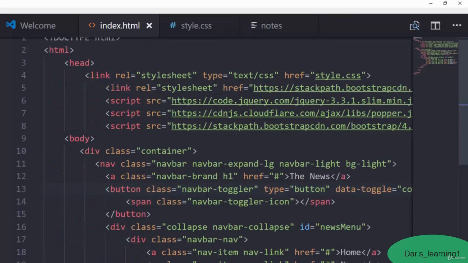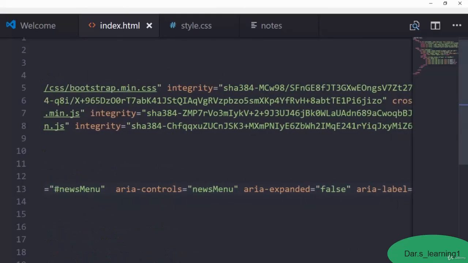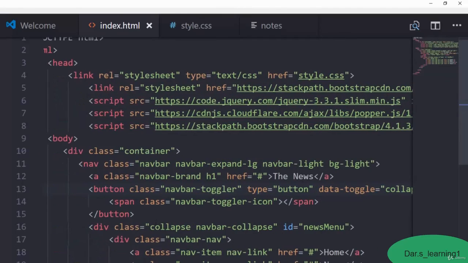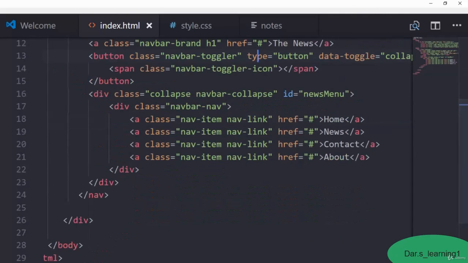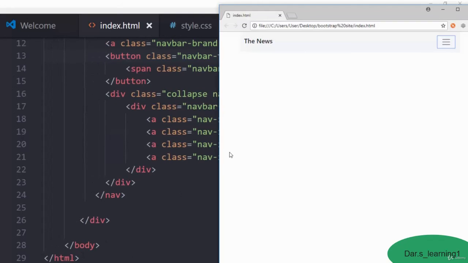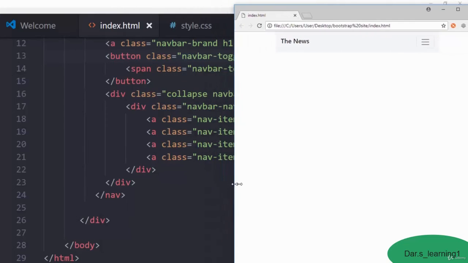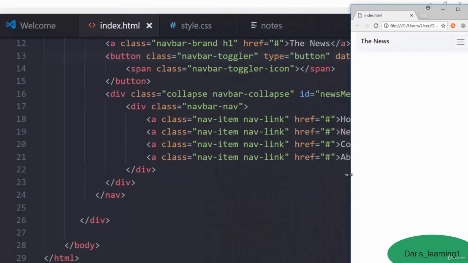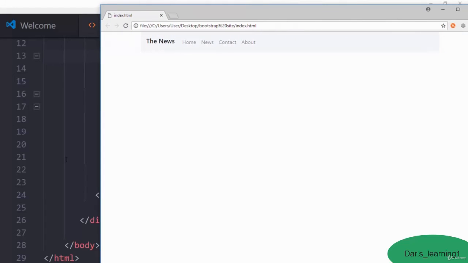So there are actually a lot of properties over here which you need to remember, and even if you miss one of those, the navigation bar collapse functionality is not going to work. So make sure that you have that right. And as you can see, we are done designing the first part of our Bootstrap website. And that thing is responsive as well. That means if you open it up on a tab, it's going to look like this. And if you open it up on a mobile device, it's going to look something like this, which I think is pretty decent. So in the upcoming lecture, we will go ahead and start creating the Jumbotron for our